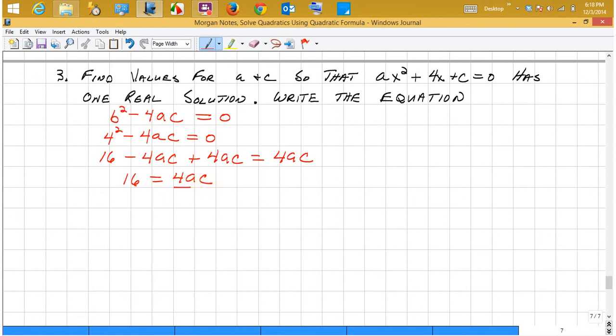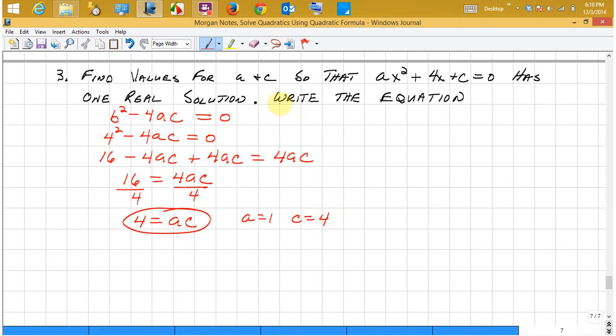Now divide both sides by 4, and I end up with 4 must be equal to a times c. So I know that a times c is equal to 4, so I could pick any values that equal that. Let me just say a will be equal to 1, c will be equal to 4,